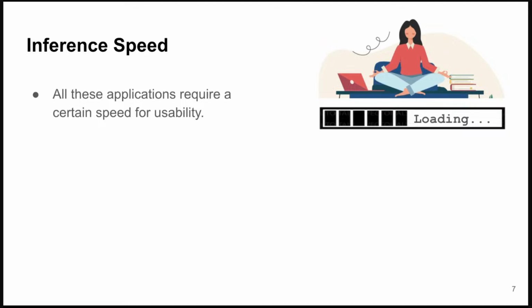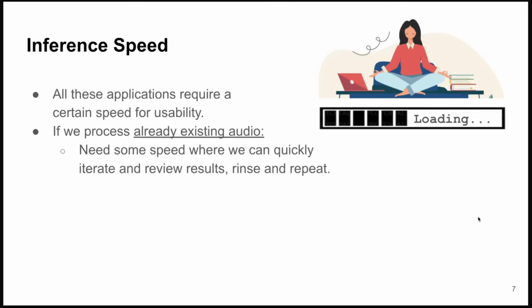We don't usually want to have an audio file, process it, and have to wait hours until we get a result, right? Let's consider that we have a pre-existing audio on a hard disk in our computer, and we want to process it. The idea is pretty simple.